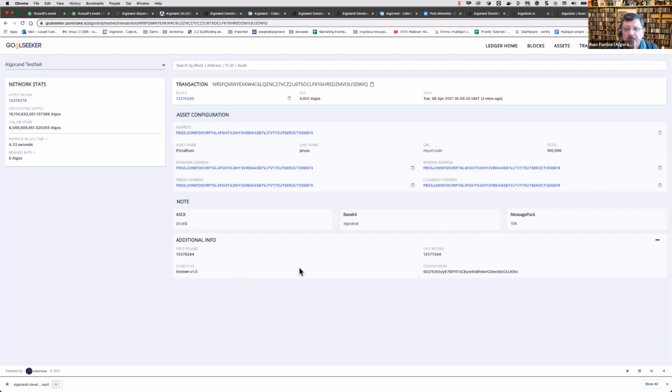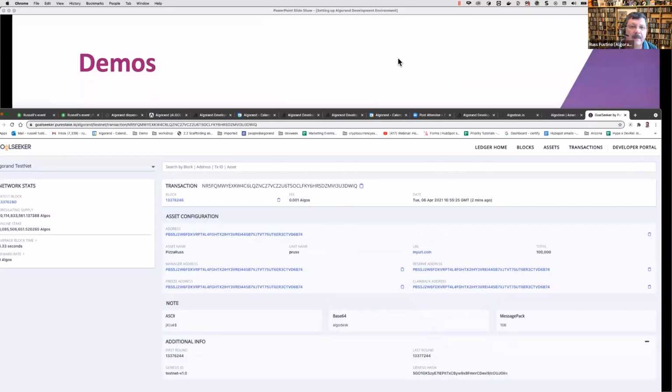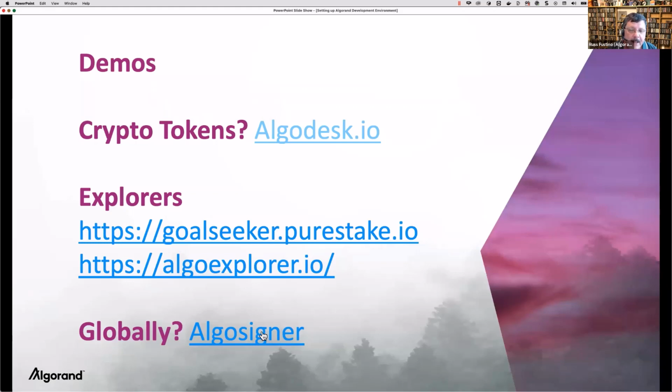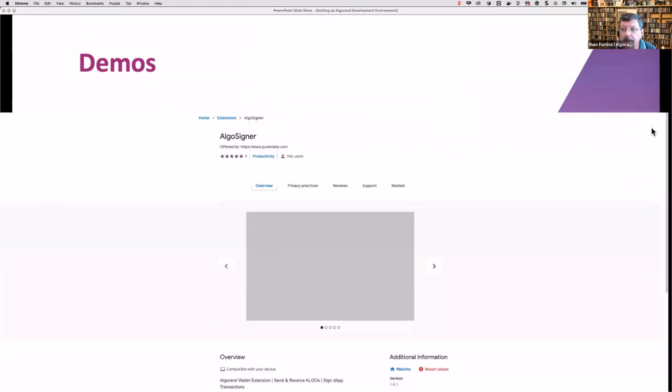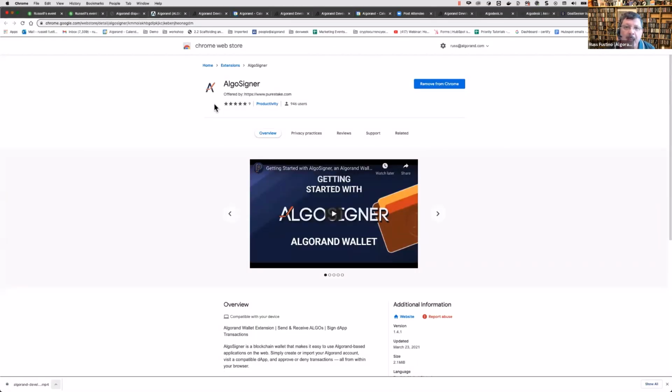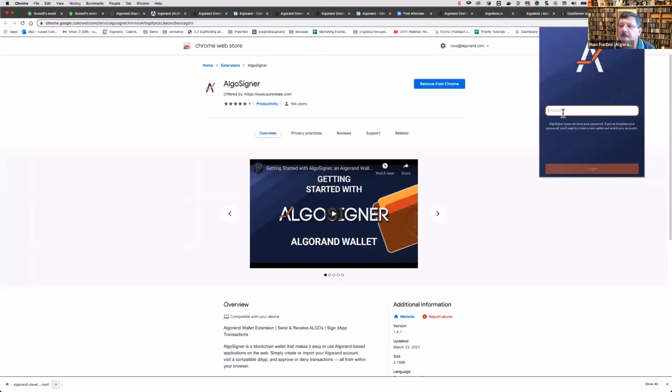And any additional info that might be associated. Here's the round it was created in, the Genesis ID, and the hash. So anyway, that's a quick tour of that. And then AlgoSigner is another great tool, and there's an API that you can use to incorporate with your web app. So it's a Chrome-based plugin,